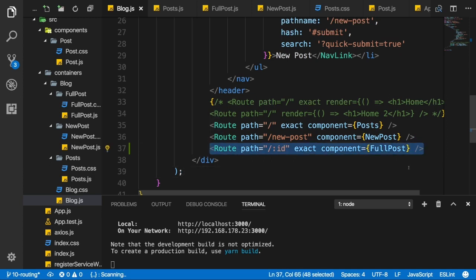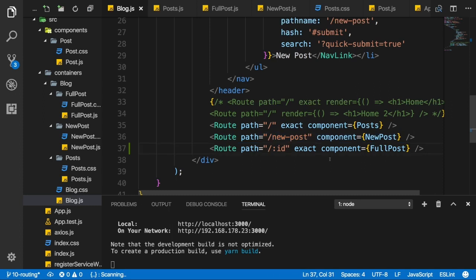that flexible ID route. Now, I said that I would move it to the end so that it doesn't capture this route here, because this flexible ID part here would of course also interpret new post as an ID. Now, it doesn't capture this route, but remember that all routes here are rendered if they match the path. This of course is a problem here, because our flexible part here then is always rendered when new post is